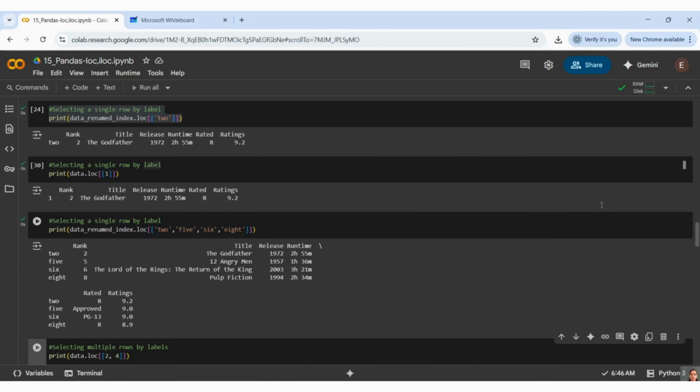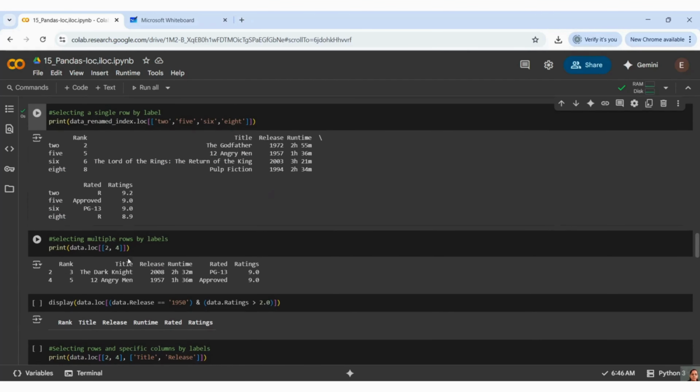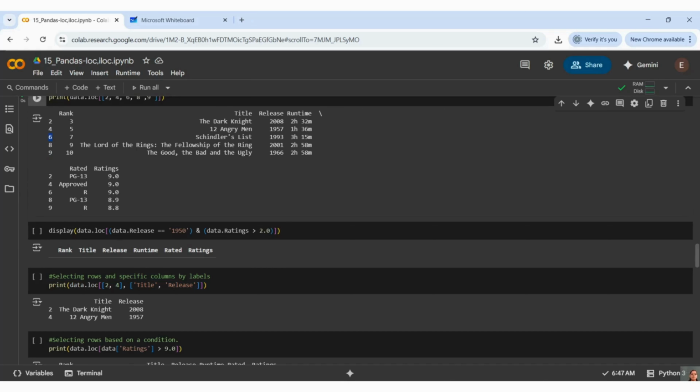You can see I am able to get my 4 rows here, like 2, 5, 6 and 8, correct? Same way, I want here to get my loc position. I want to get 2, 4, 6, 8, 9. I want to get 5 rows. So you can see I'm able to get 5 rows here: 2, 4, 6, 8 and 9. So basically it is filtering out those rows whenever I'm using loc. This is the beauty of loc.